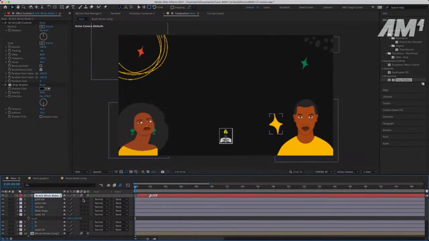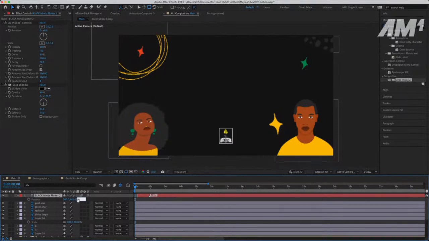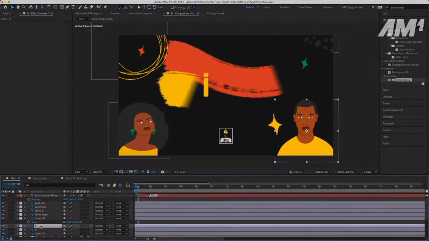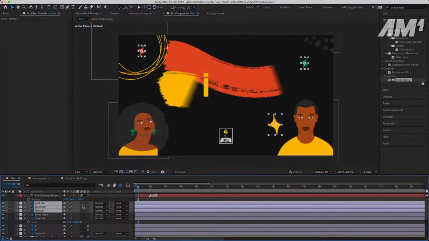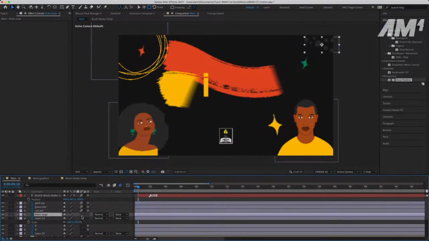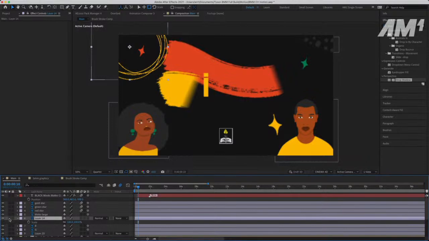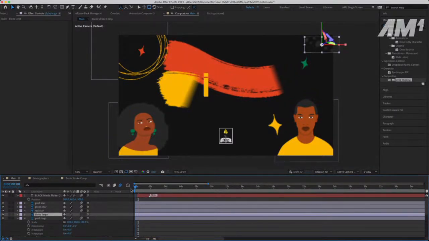All right, so now I'm just kind of messing around, trying to decide what I want to do, because I need to make this all animate on. How do I want to make it animate on? Do I want to use a depth type situation, like with a camera movement? So that means I'm making the objects move like 3D. So the girl and the boy 3D. Do I want to have them staggered on some kind of different plane? The stars, make those 3D. The blobs, make those 3D. What is this one? Oh, gold rings. So make that 3D as well. So the idea is that if I create this staggered depth kind of situation,